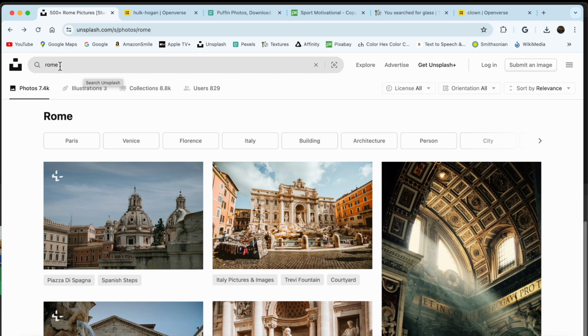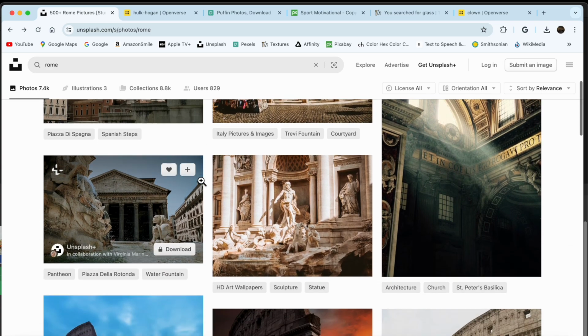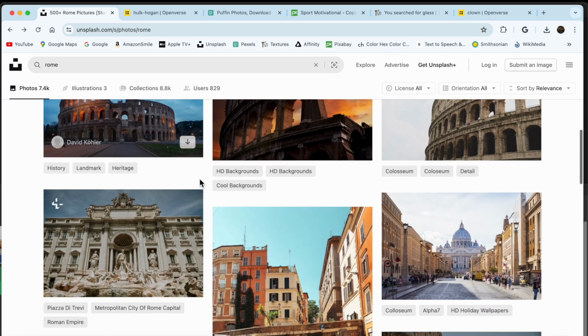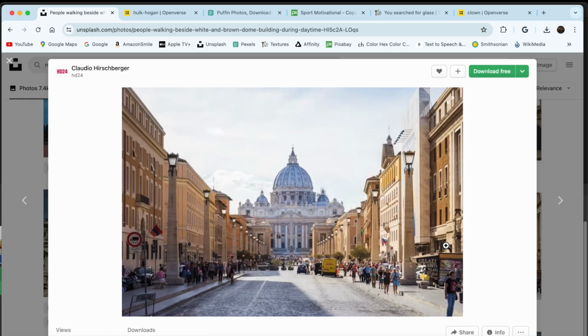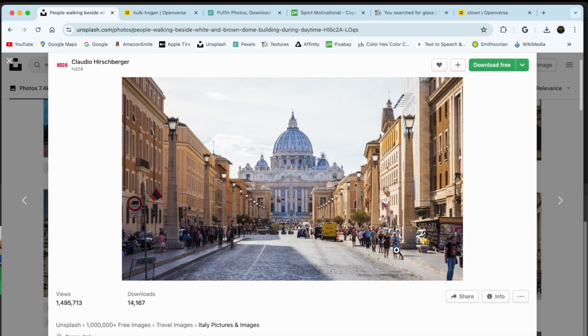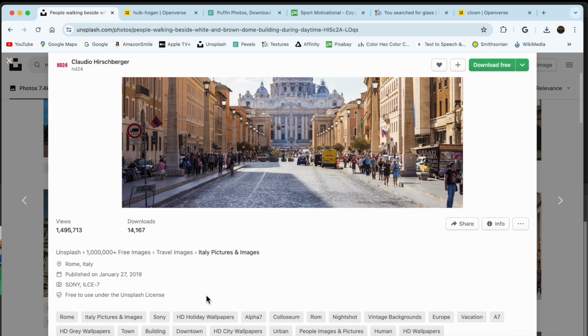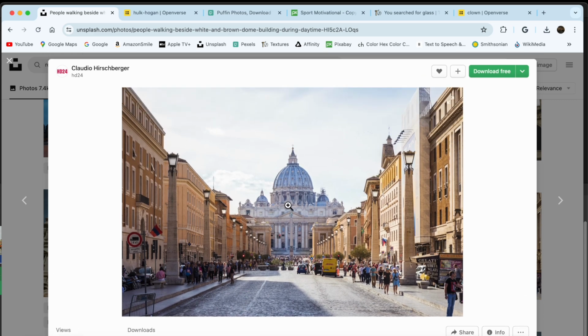Okay, there's a ton of free content out there. I'll go through a couple of my favorites. I'll start with unsplash.com. I typed in Rome in the search panel, then scrolled down until I found this nice photo by Claudio Hirschberger. You can see at the bottom here that this image is free to use under the unsplash.com license. So I downloaded